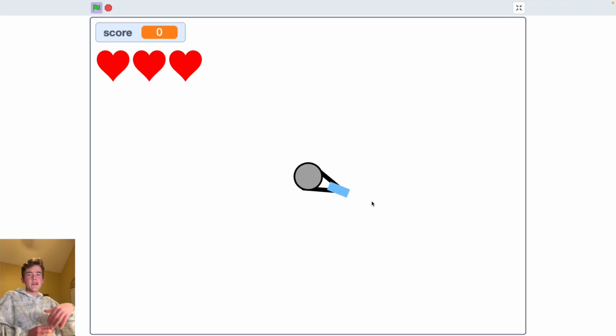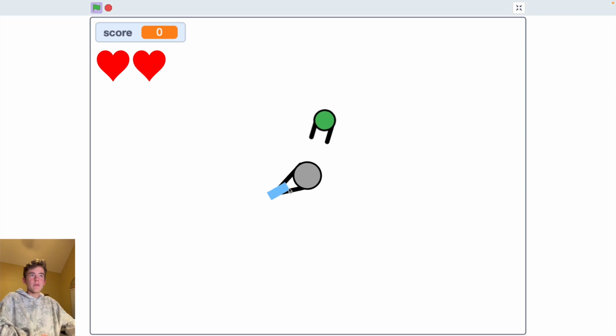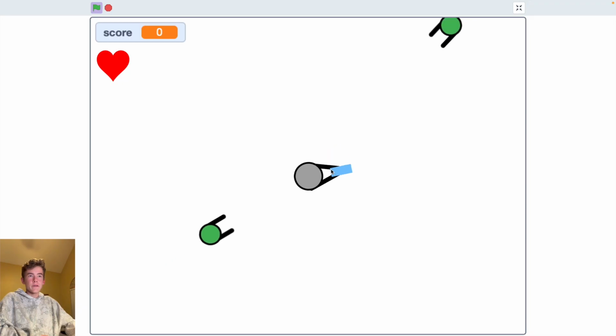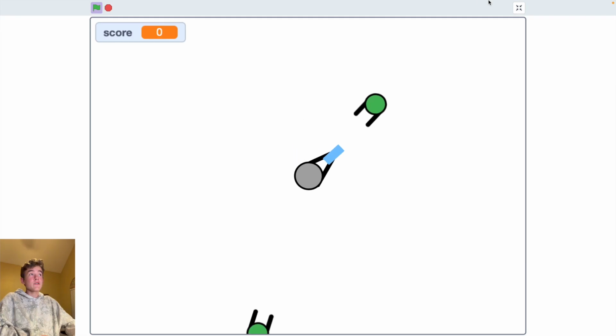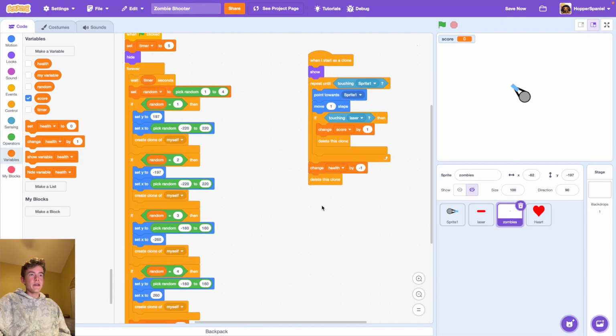We're going to see how this works. So we're just going to let a zombie hit us intentionally here. Okay. And then once it does, it's going to take away one of our, you saw that up there? It's going to take away one of our hearts up there on the top. And we're going to lose a life. Okay, but the game still continues, so if we do that, we're just going to say,